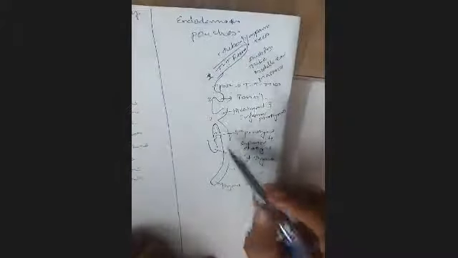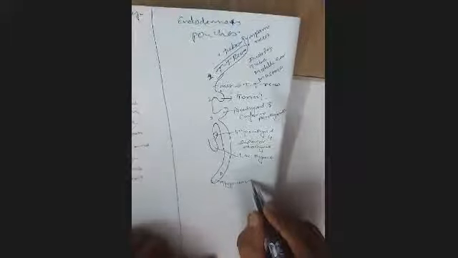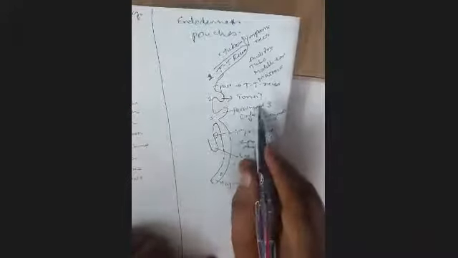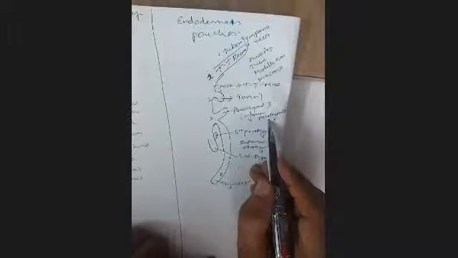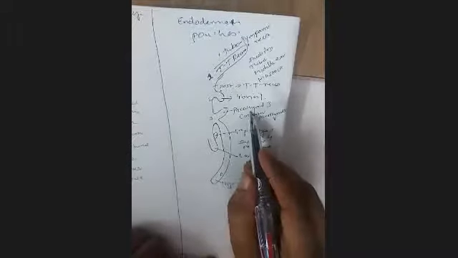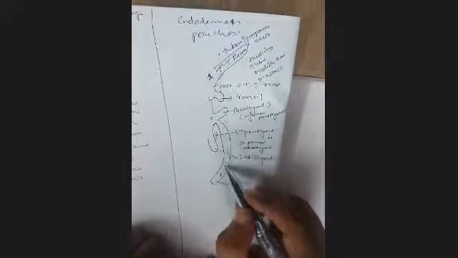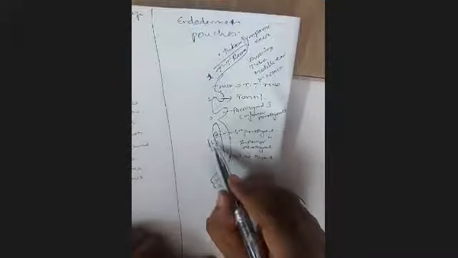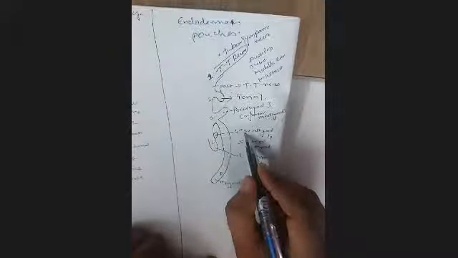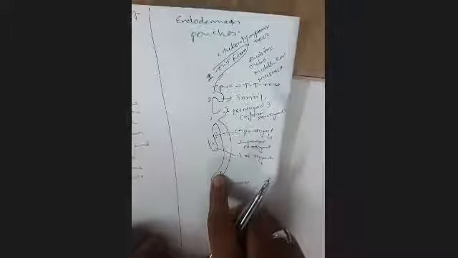In the third pouch, the anterior component forms thymus, and the posterior component forms parathyroid 3, which forms the inferior parathyroid. Ideally, parathyroid 3 should have been superior, but because the thymus descends down, it pulls the parathyroid 3 down and it forms the inferior parathyroid instead of the superior parathyroid. The fourth arch forms parathyroid 4 or superior parathyroid. So this you have to remember. Superior parathyroid is from the fourth arch, inferior parathyroid is from the third arch, because the thymus also develops from the third arch and it pulls the parathyroid down.